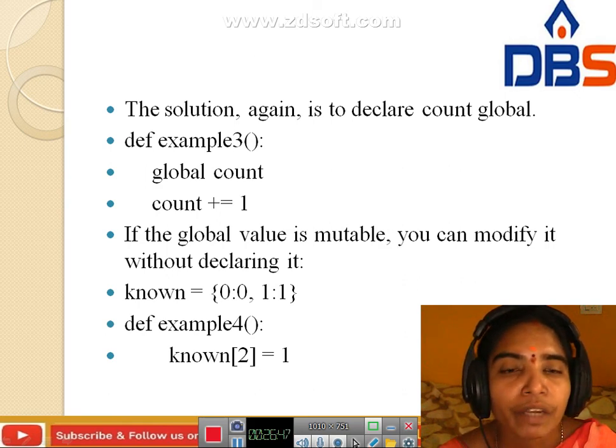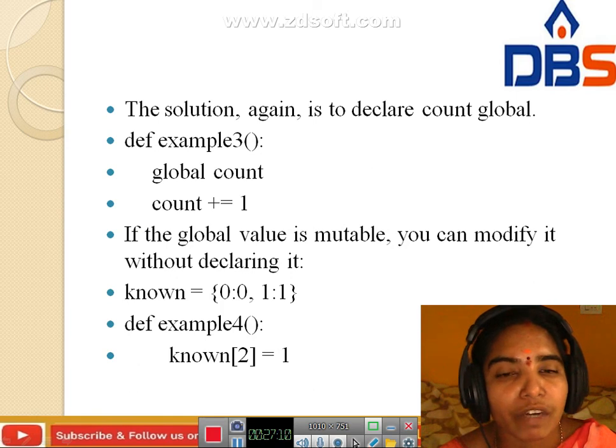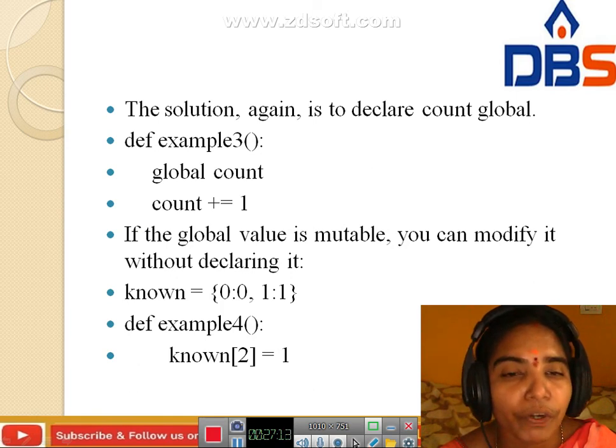Another example is known of 2 equals 1. Count is 0 plus 1, 1. Next count equals 1, 1 plus 1, 2.